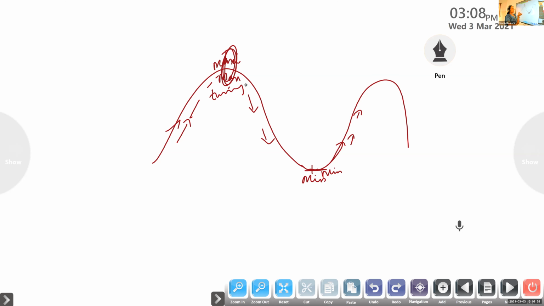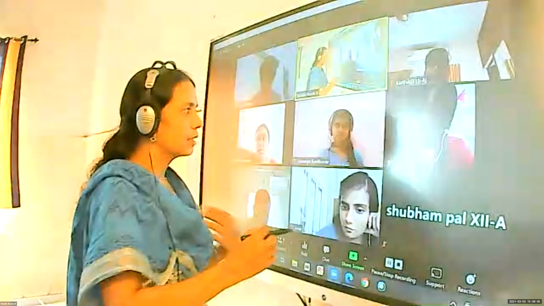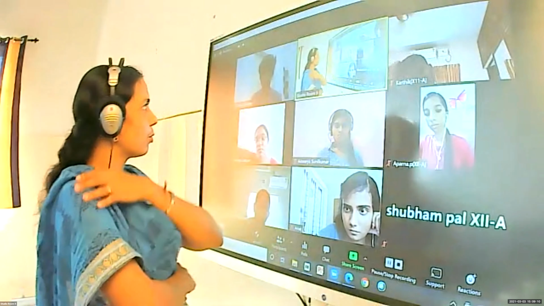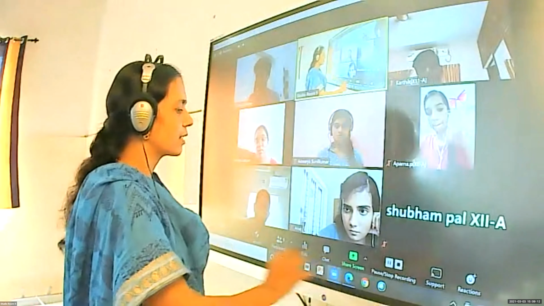In a profit function, while doing a business, we need to find what is the maximum profit we had, and what are the minimum profits. So its application is vast, finding the maximum and minimum. With the minimum cost, suppose I want to construct a house, what is the minimum cost needed? Like that, its application is vast. Is it clear, children? In real life situations also, maxima and minima are very important. In many fields we will be using it.